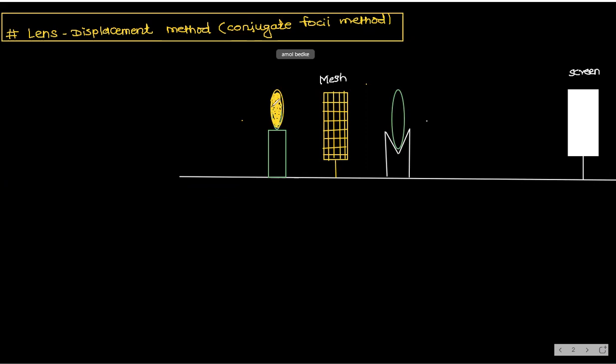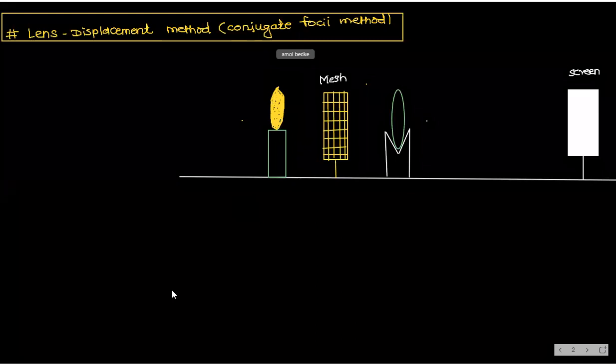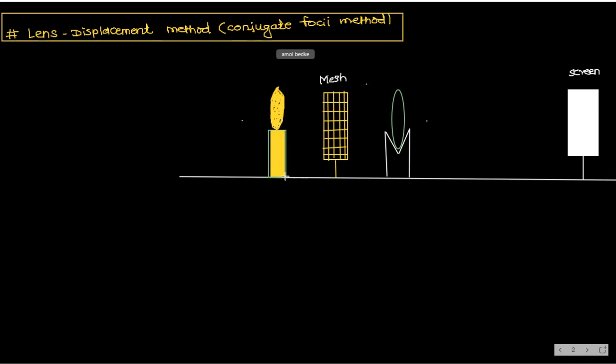Here is a light source. Either you can keep a torch or even a candle. Choice is yours. Or something like this. Candle.